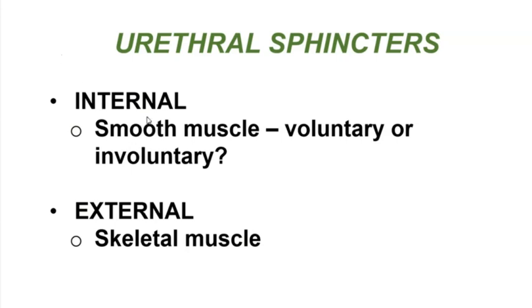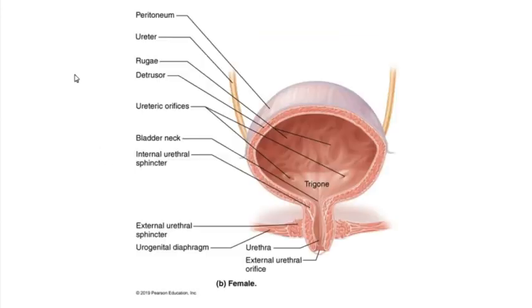Since we don't have control over the internal urethral sphincter, we at least do have some muscle that we can control here so that we have the ability to void the urinary bladder when it is convenient for us to avoid. So the urethral sphincters, as I mentioned, are ring-shaped masses of muscle that are in the walls of the